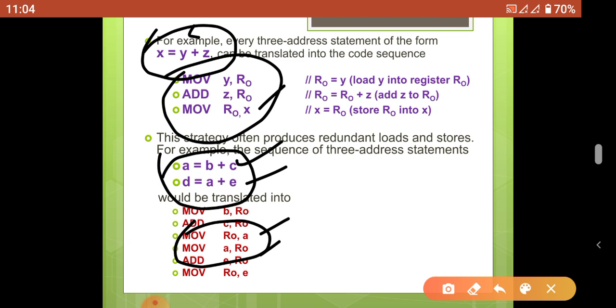When we replace the 3 address code with the machine instruction template, this kind of problem will arise. So when we perform replacement operations, we should check whether the code is efficient or not.